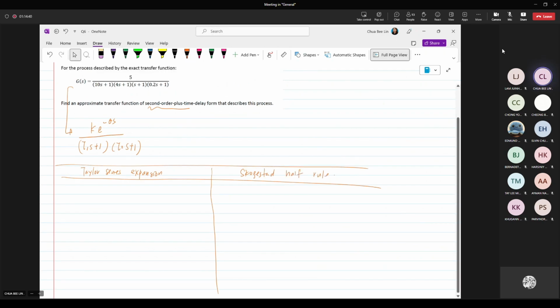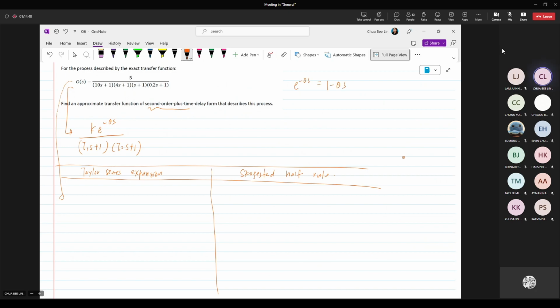Okay, so as usual, you'll be having this one expanded. Copy these two equations from the list of equations, and then make the transfer function given to you look like these two, so that you can do the time delay later. So you'll be having 5 multiplied and arranged like this, tau 10, 4, this is 1, this one is 0.2. So if let's say I give you 1 over 3 plus 5s, what you need to do